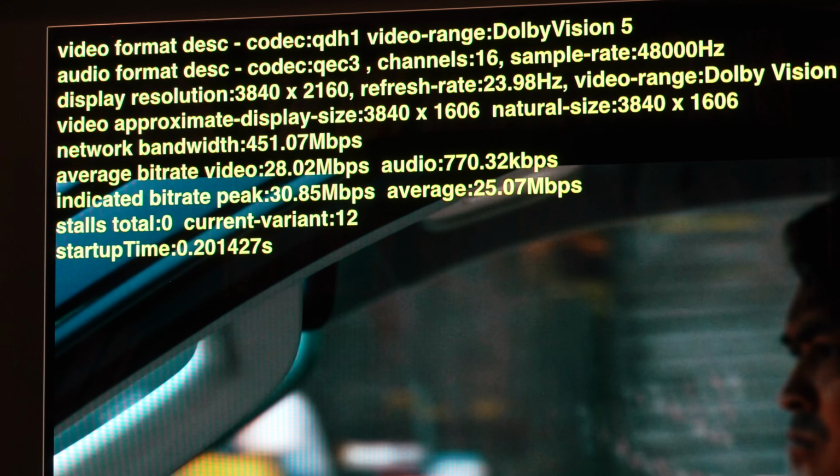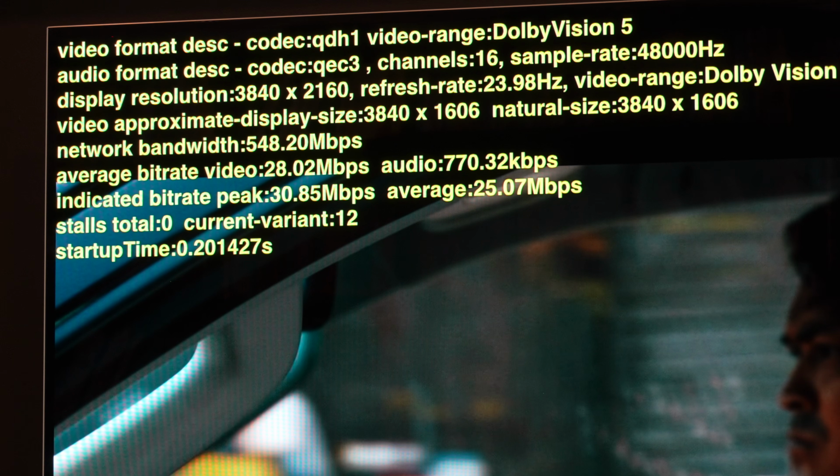The audio is the same. Again, 770 kilobit per second. That's a fixed maximum nowadays for streaming audio quality. Average video bitrate though, 28. Double that of Sinners. I have generally, and I would say systematically, found that Apple uses a higher fidelity encoding